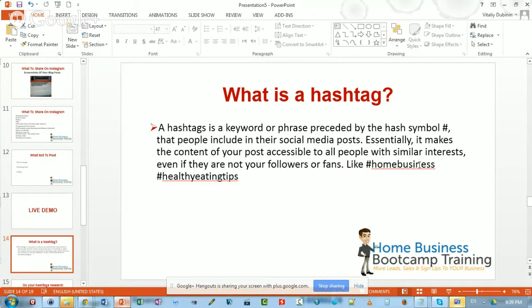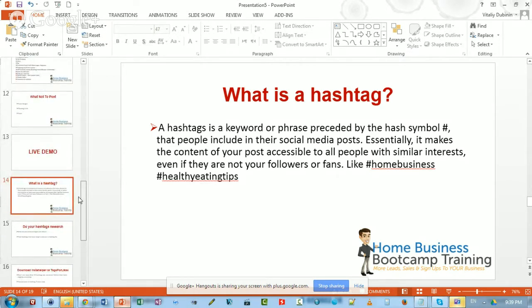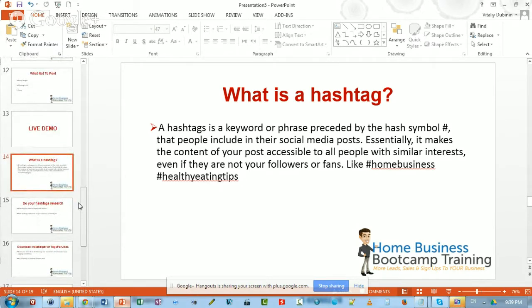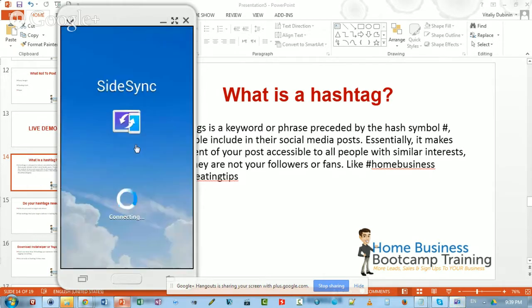They go to Instagram and literally type in hashtag something, like hashtag home business, hashtag MLM, hashtag healthy eating tips. The internet is operated by search, so Instagram has search as well. People are searching for stuff on Instagram, and that's how you can attract followers and build your audience when you're using hashtags on your posts.